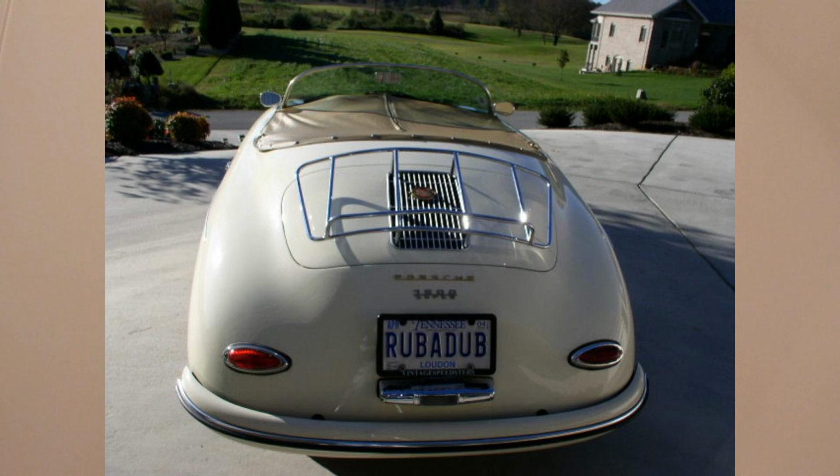Also, when I got into the car hobby and kind of turned away from motorcycles for a few years, I purchased a 1957 Porsche Speedster replica. And borrowing from a woman in California who had named hers, a similar car, Rub-a-Dub, R-U-B-U-D-U-B. Well, I changed mine a little bit to say Rub-a-Dub with an A replacing the U. Right side up is good. Anyway,